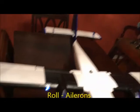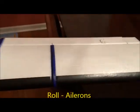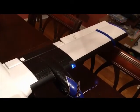Now, how does an airplane turn? This is called roll. It has what's called ailerons, which are out here on the ends of the wings. On both sides, you can see if I...